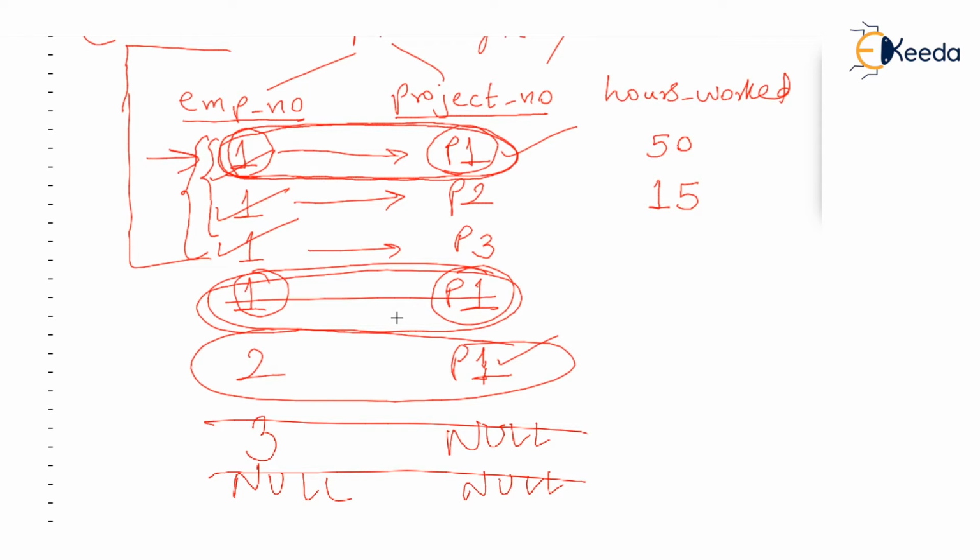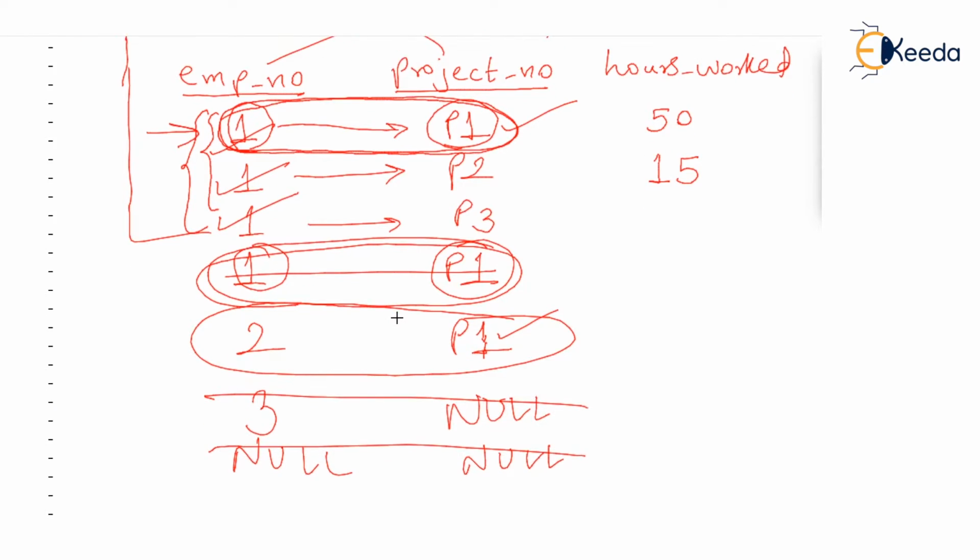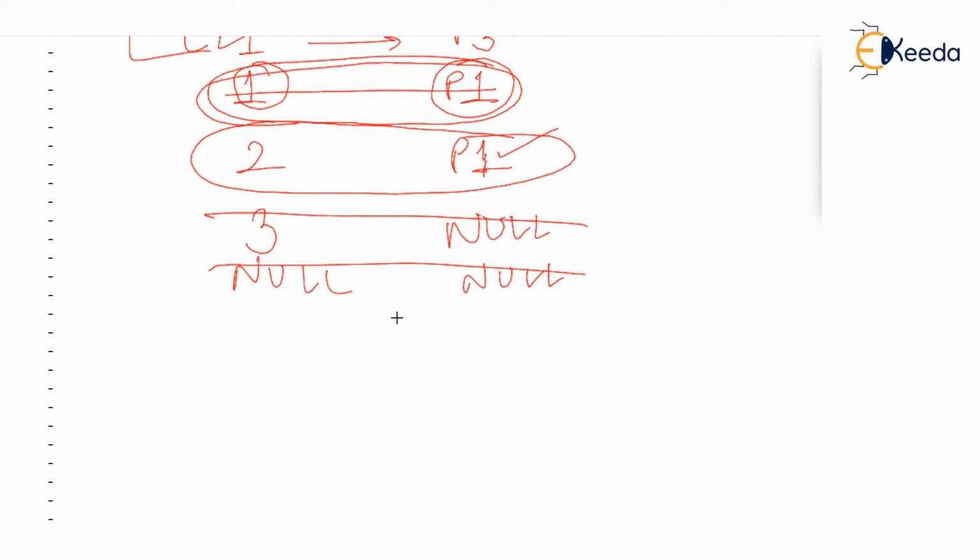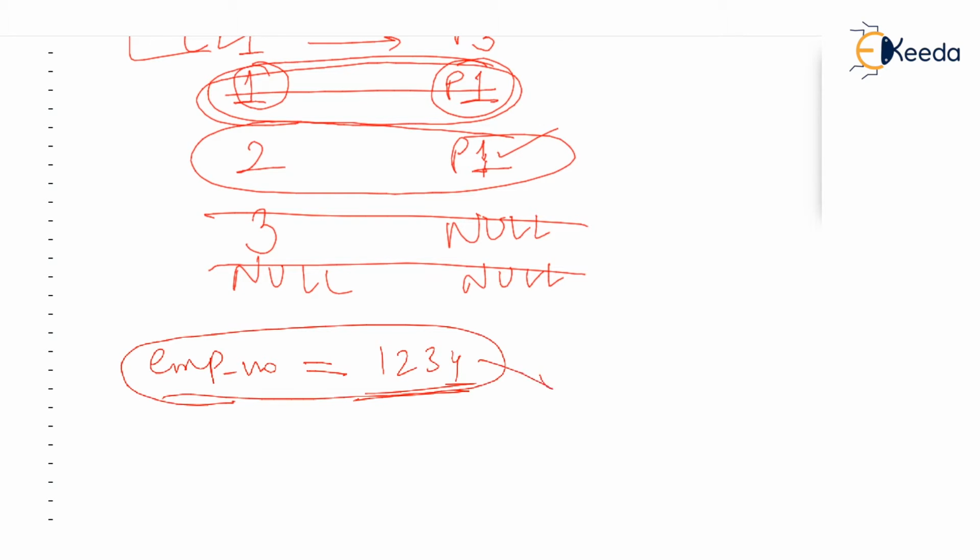Why are primary keys important? Leave aside DBMS for some time. Primary keys are important in real life. In any organization, why do you give a number to an employee? Because if the number is told to us, there is an employee number 1, 2, 3, 4, this is the number of the employee. If the number is given, then we can find out all other attributes of that employee.